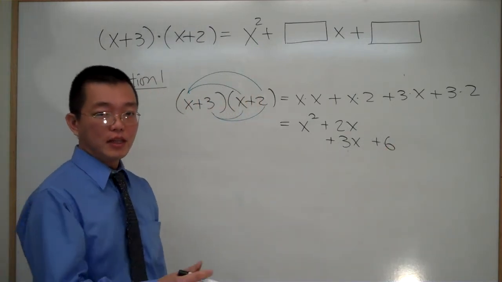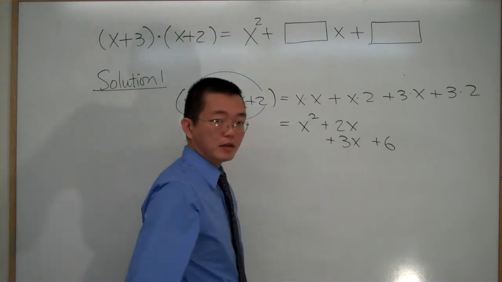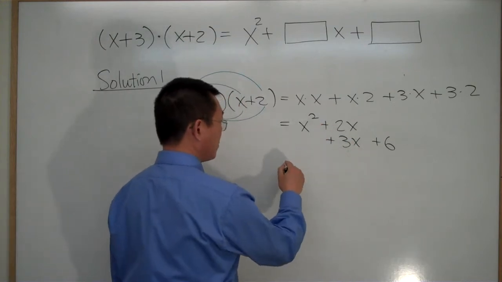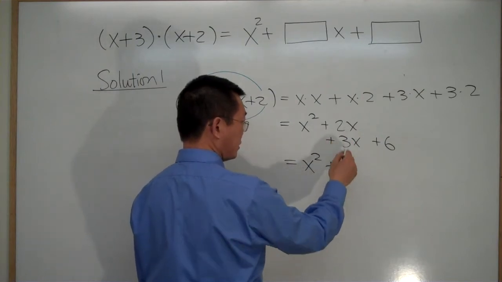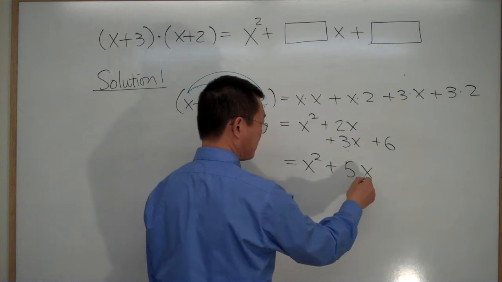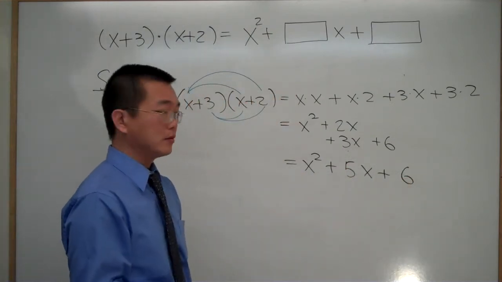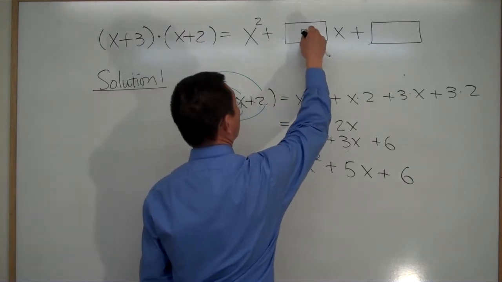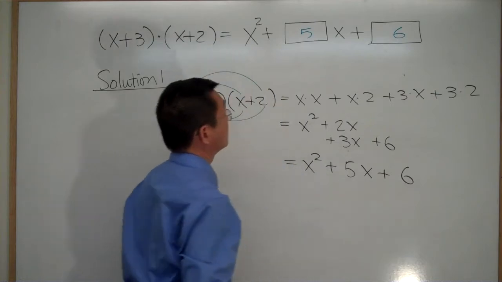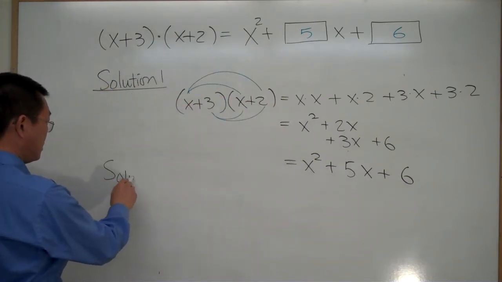I deliberately line them up so it's easier for me to combine these like terms. Now I will have x squared plus 3 plus 2 plus 3, that is 5x, and 6. So I put 5 here and 6 here. Now a similar way of doing this is